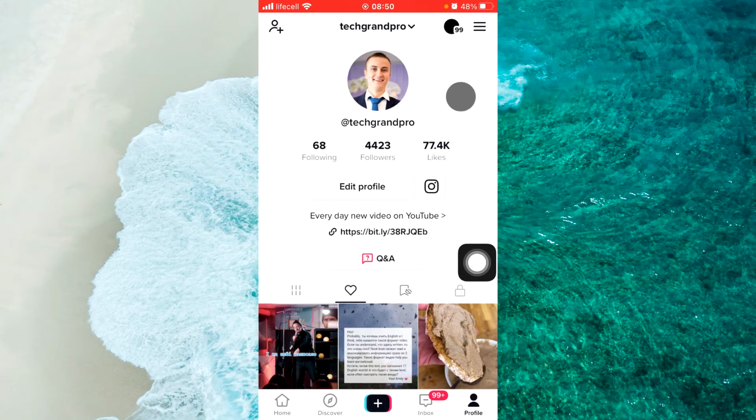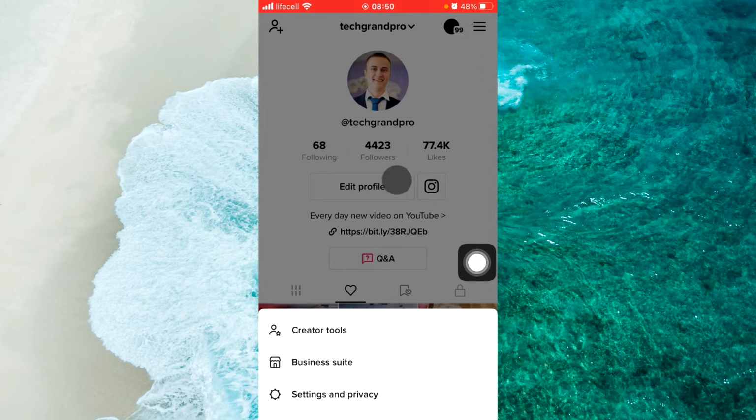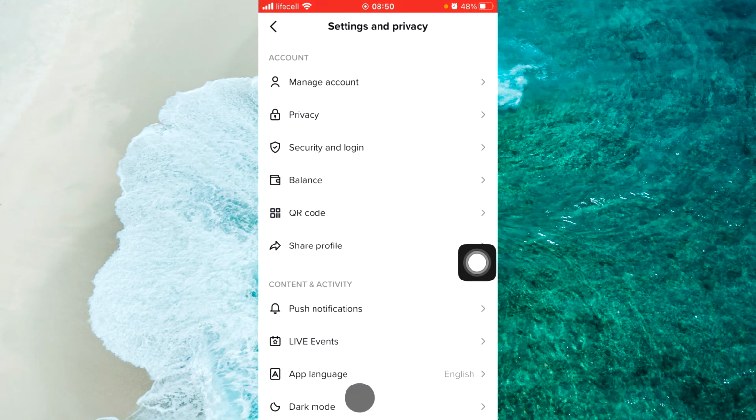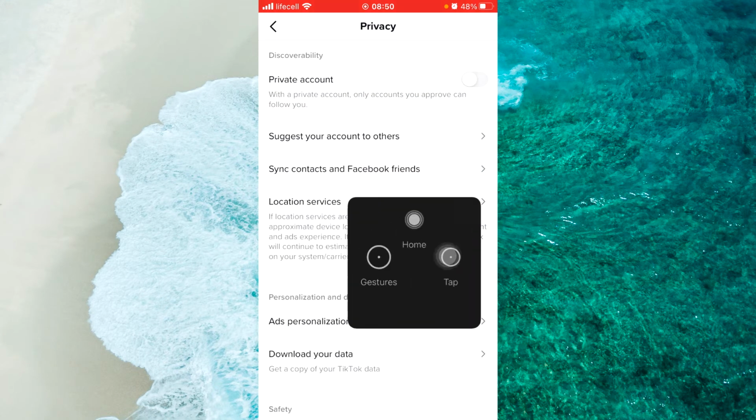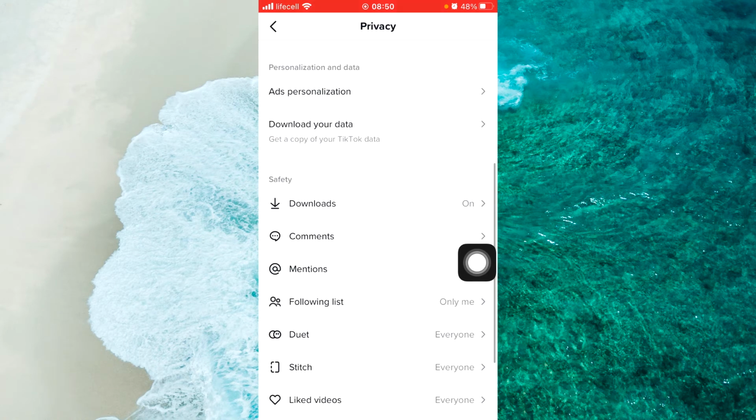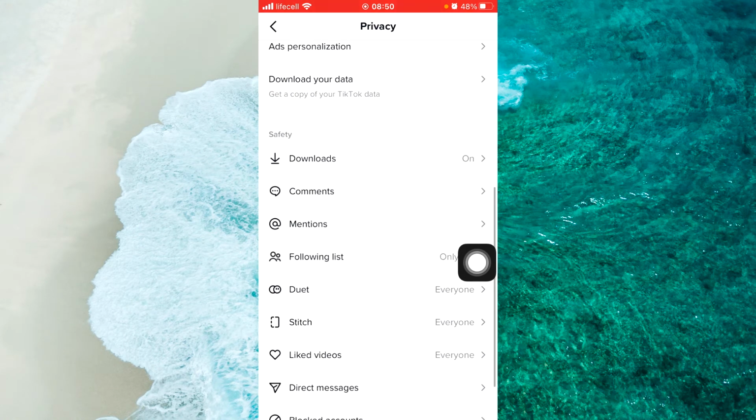We should open the main menu, tap on the three lines at the top right corner. From the pop-up menu, proceed to Settings and privacy. Select Privacy. Scroll down and you will see at the very bottom Liked videos. Go to Liked videos